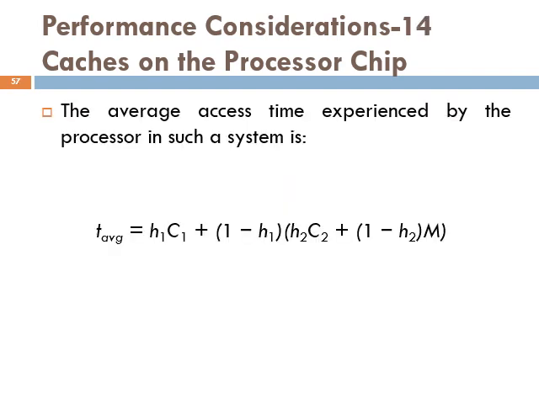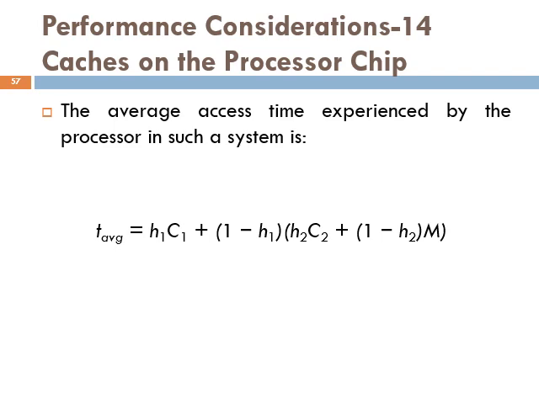Including an L2 cache further reduces the impact of the main memory speed on the performance of a computer. Its effects can be assessed by observing that the average access time of the L2 cache is the miss penalty of either of the L1 caches. For simplicity, we will assume that the hit rates are the same for instruction and data.